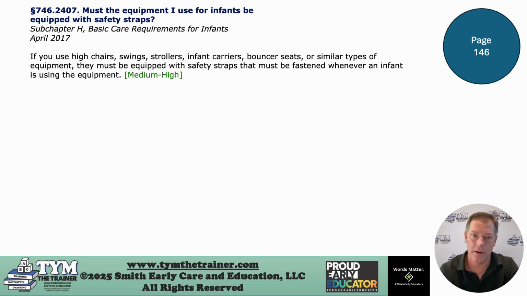Safety straps, whether it's a diaper changing table or a high chair or a chair that they're eating in. Kind of the basic rule right here is that if the piece of equipment was manufactured with a safety strap, then it has to be used. If it wasn't manufactured with a safety strap, then no safety strap is required. You're basically going to follow the manufacturer's recommendations for using that furniture and equipment.